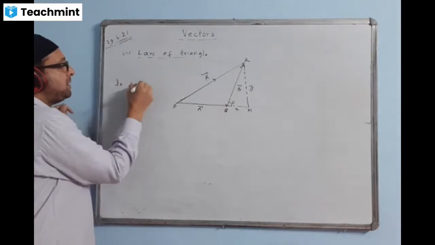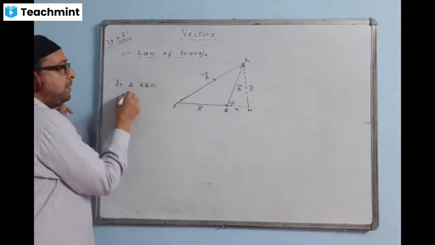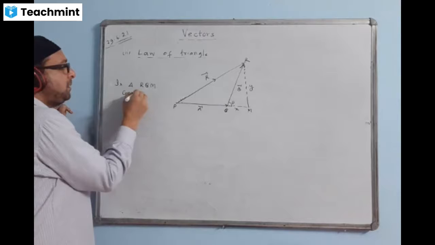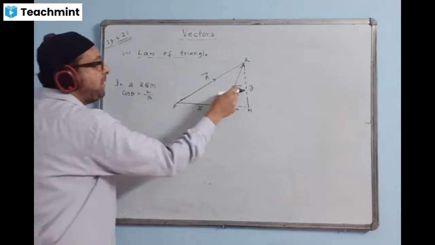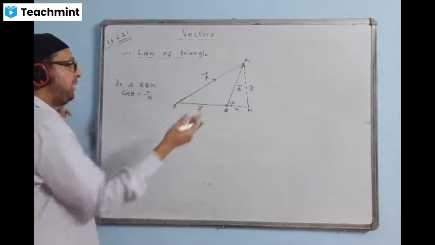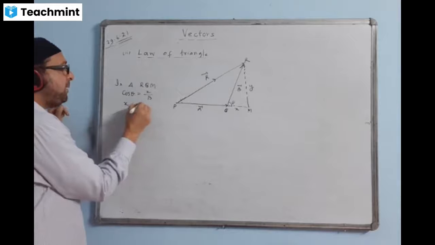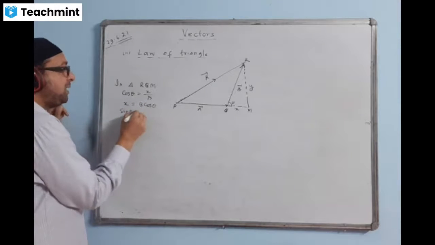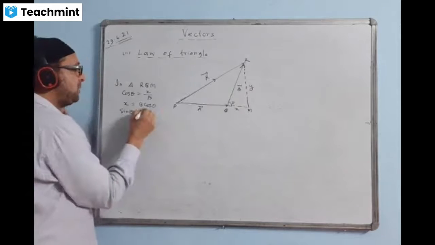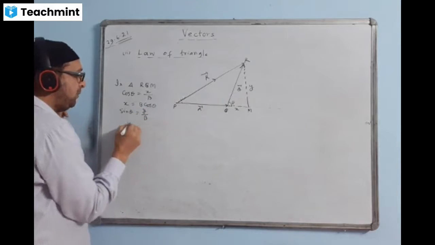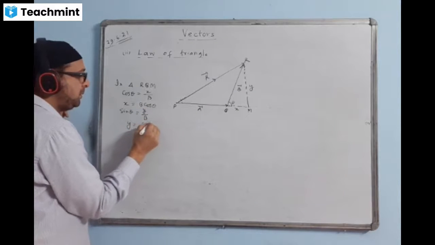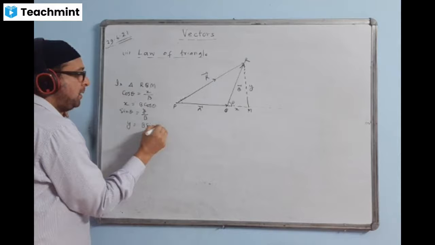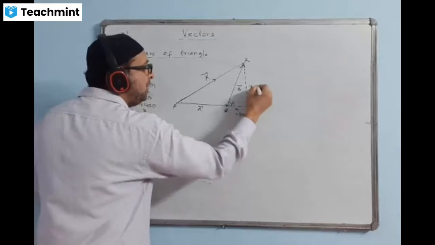Like yesterday we had RQM. Cos theta is X by B. Magnitude of B is B only. I'm taking magnitude of A as only A. Therefore, the X value will become B cos theta. And I'll use sin theta now. Sin theta value will come perpendicular by the base, Y upon B. Therefore, the value of Y will be B sin theta. We can add X, B cos theta, and the Y value as B sin theta.